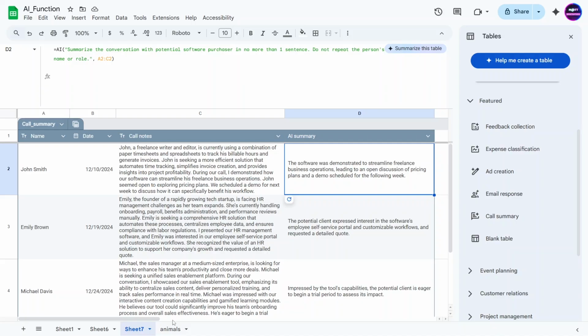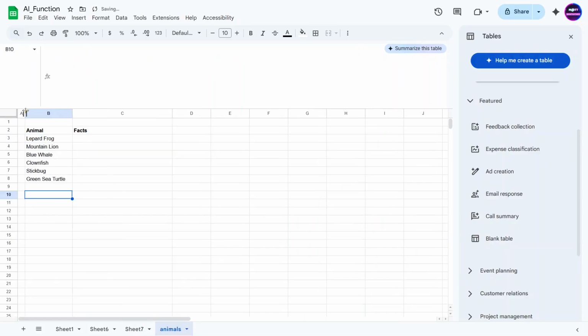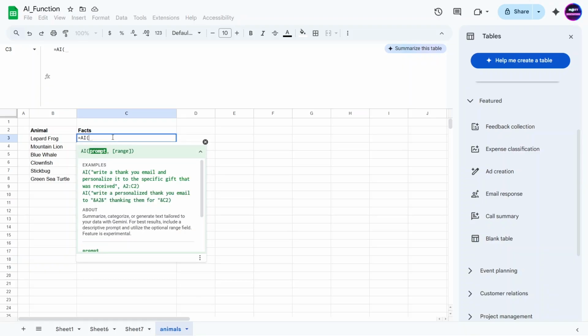Now, one other thing, and this isn't as business oriented, but one thing I found that could be helpful would be something like this. If you have some animals and you wanted to have some facts, this again is going to be on that kind of text creating, just to show some other things that you could do. So let's say you have a list of animals and you wanted some facts. You can use equal AI, and you can make a prompt like